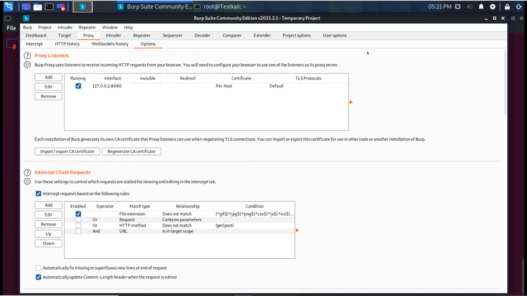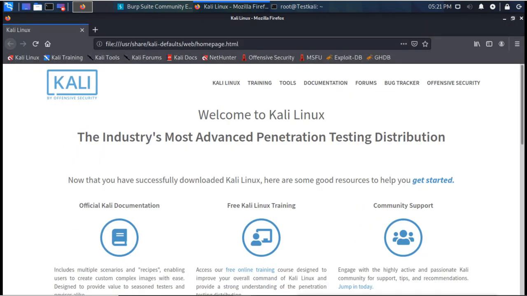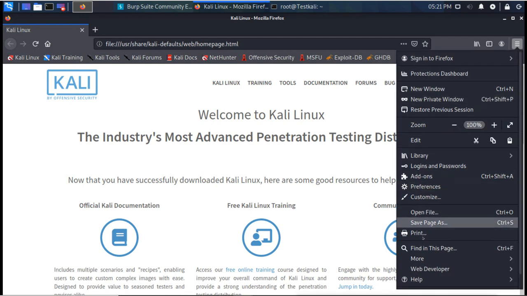I'm opening Firefox, and in Firefox I'm going to settings.